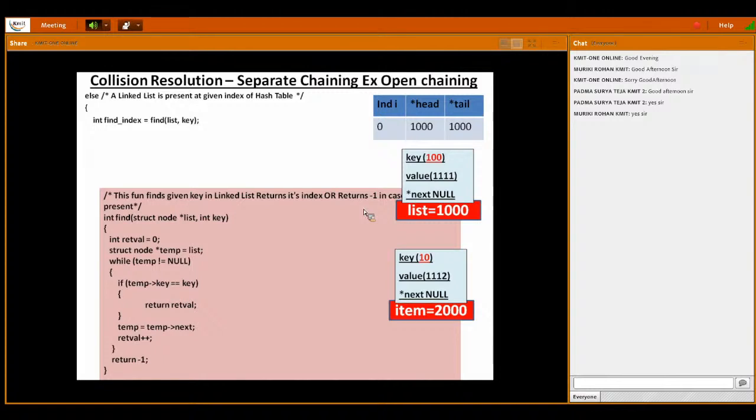The base address of that is 100. Yeah, that example we have already considered. So we are considering to insert a node which has got the key as